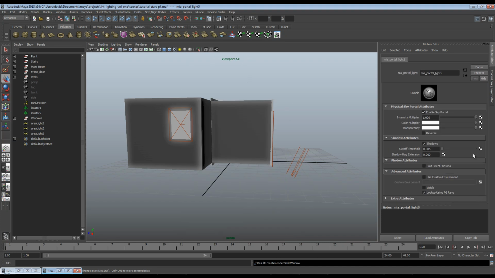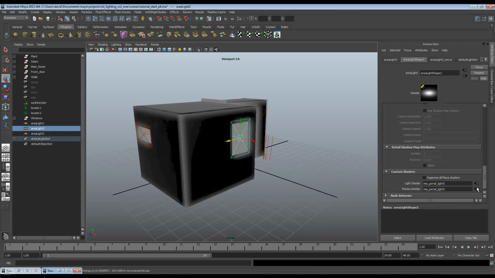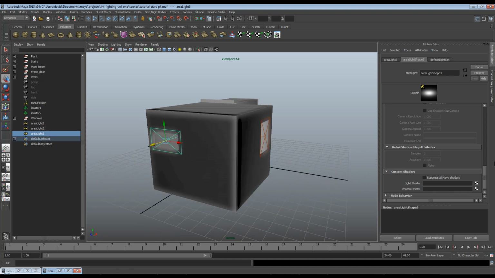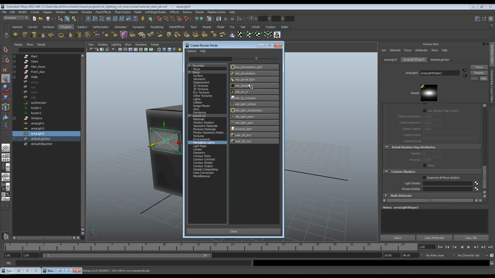Okay, I'm going to leave it on its default. Jump back to the area light, and once again, for me, these two connected is just fine. I'm never going to want to raise the exponent of the photon shader and not raise the intensity of the light shader. So we'll just do this last one, and again, another portal light,